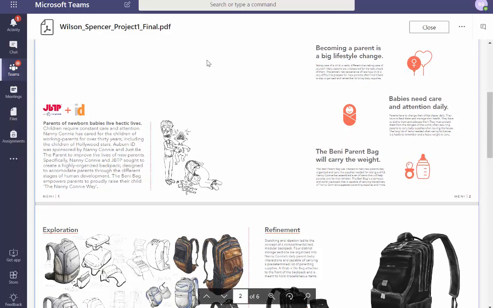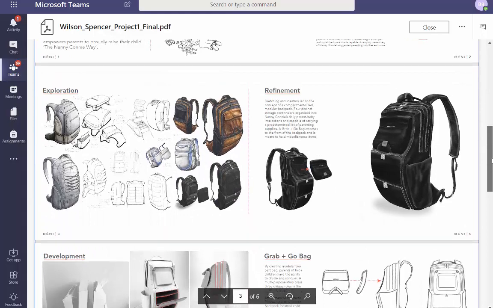Lots of white space up in here. Let's run rule of thirds. Boom, boom, boom, vertically instead of the stack. I'm not going to read all that. Just give me a blanket statement. Being a parent is difficult. It's a huge adjustment. How can you make that life easier? Nanny Connie has a solution. I bet I said what you just said with a lot less words. That could work just vertically. That way I can read it horizontally, right? Because right now I have to go, whoop, let's go down, then wiggle down, up and wiggle down.